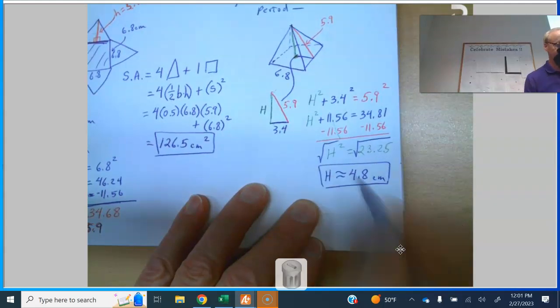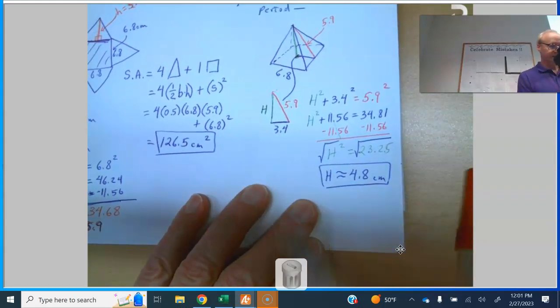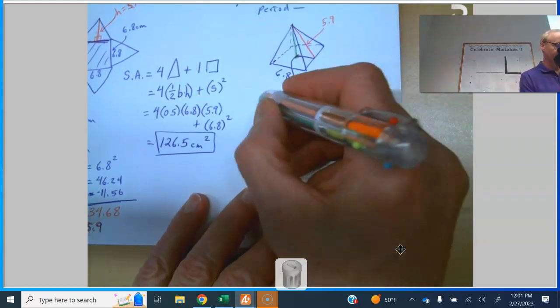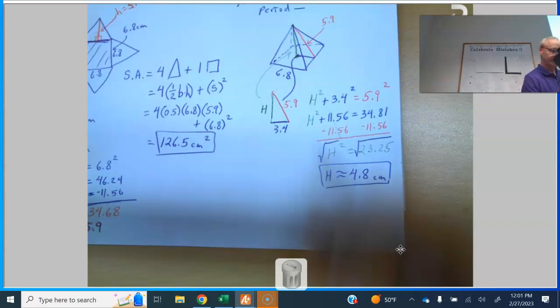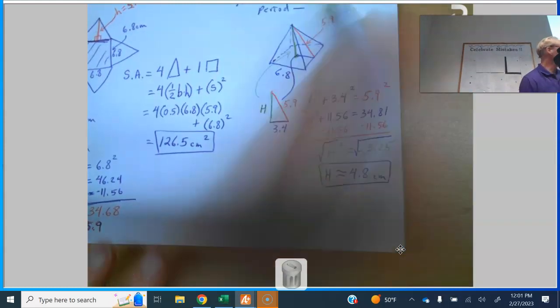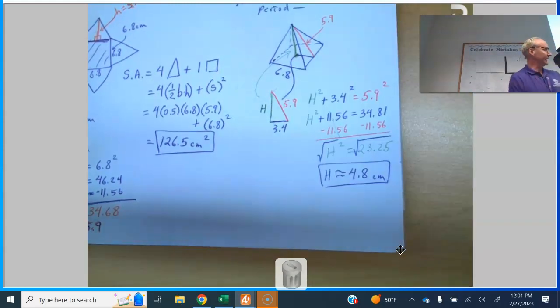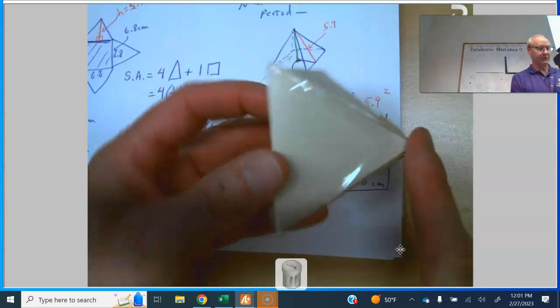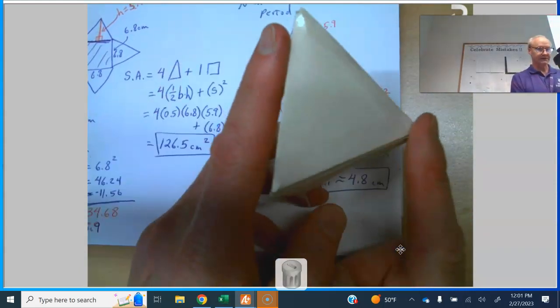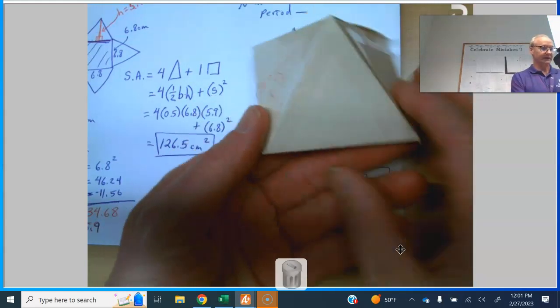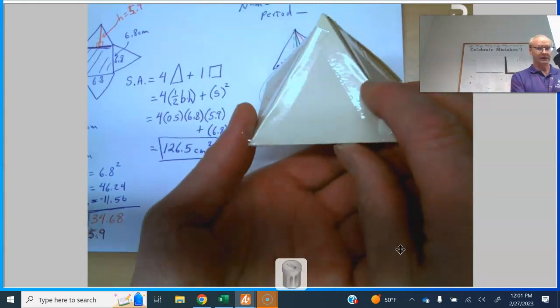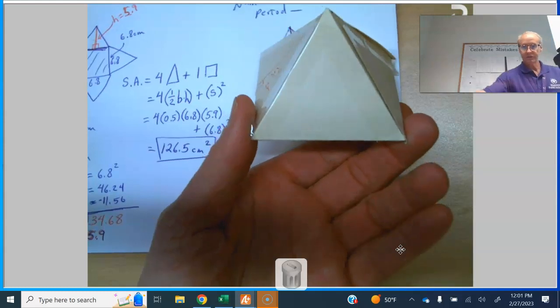I guess I should have left it in green, but here it is. It's this height right here, which is right there. It's this height of the pyramid. It's literally how tall the pyramid is from here to here. It's this distance. We can't really see it when it's sitting like this, but when it's at an angle, it's going to be,